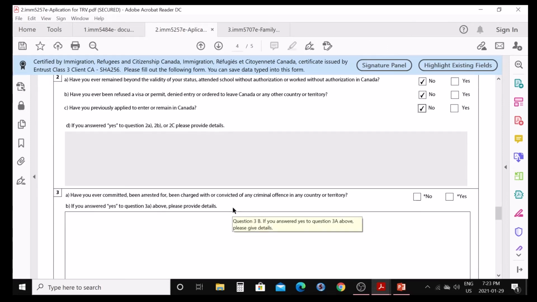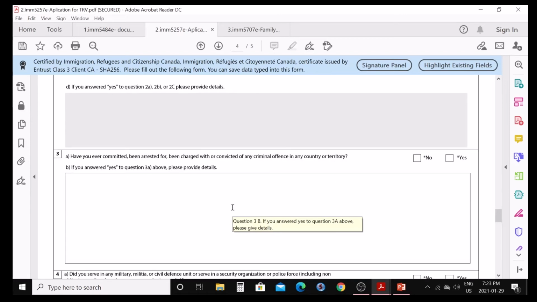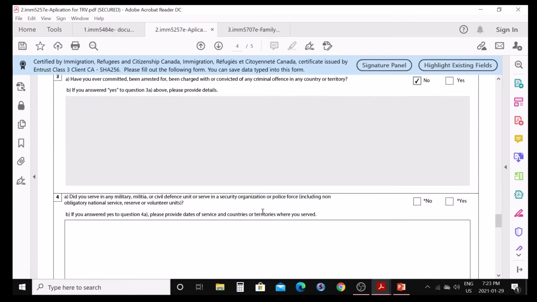Question number 3, have you ever committed, been arrested for, been charged with or convicted of any criminal offense in any other country or territory? Unfortunately, if there is a yes, you need to write yes. If it is on record, write the detail here, otherwise say no. Did you serve in any military, civil defense unit or serve in a security organization or police force?